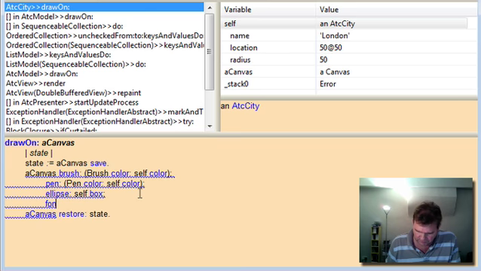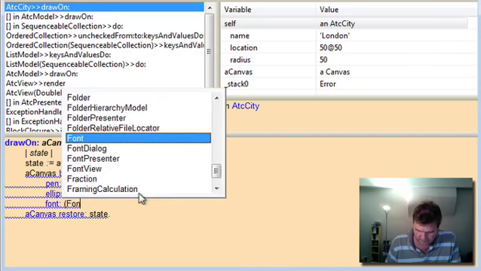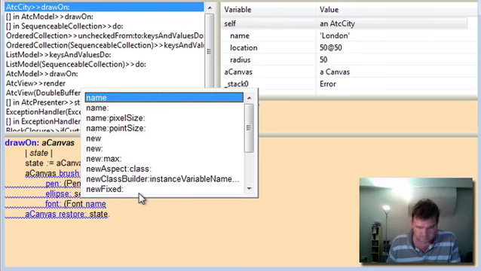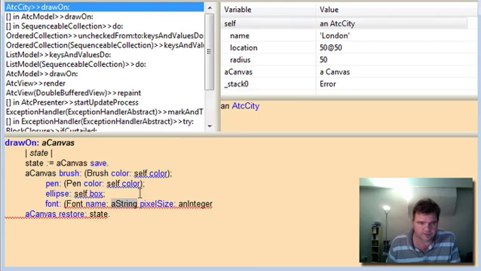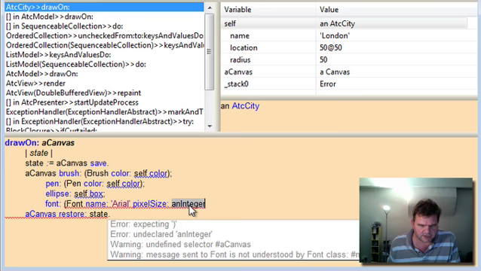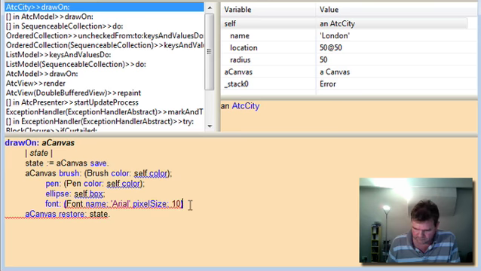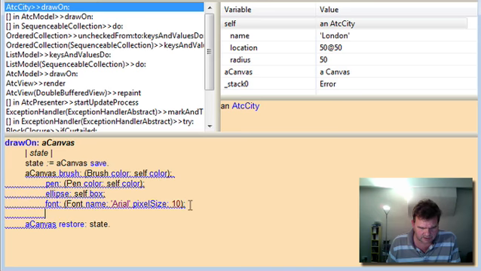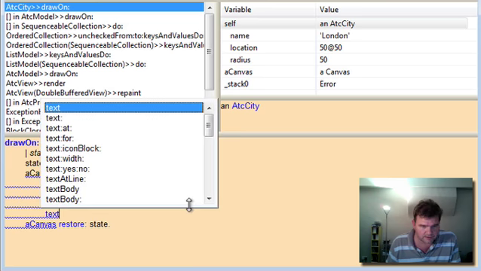So we'll assign a font to the canvas, and we'll use the name pixel size creator. Let's use an Arial font with a pixel size of say 10, and we will draw that